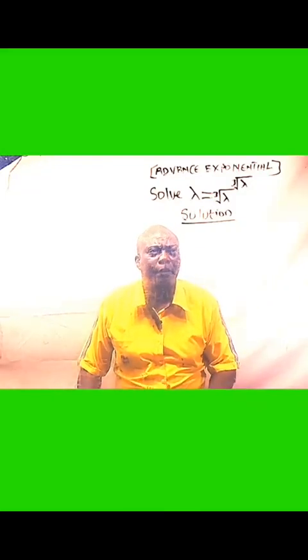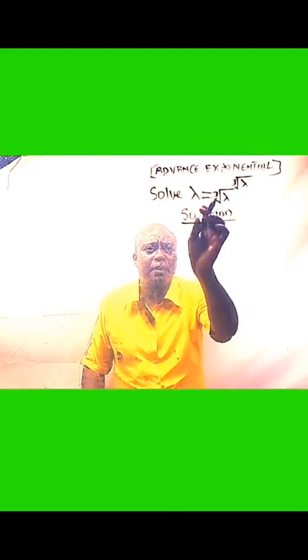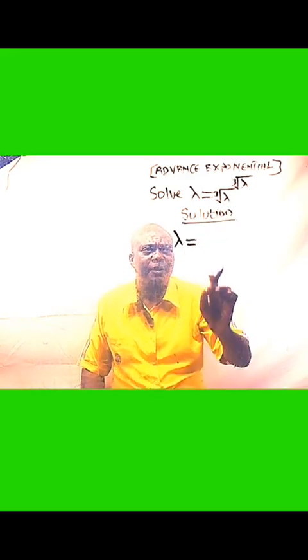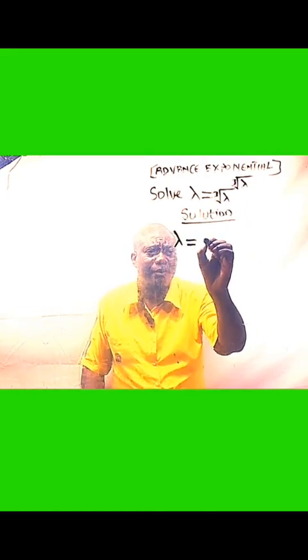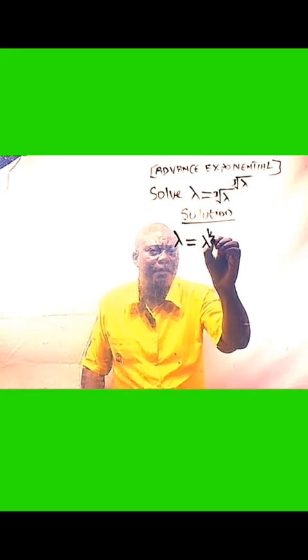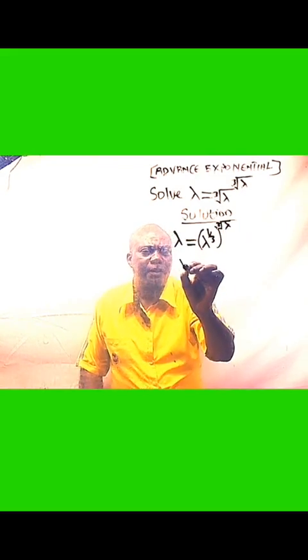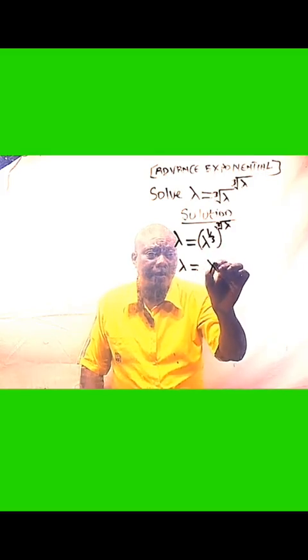Let us find the value of lambda here. Carefully follow me to the end and see how it will go. So this lambda equals the cube root of lambda. So try and remove the root so that you can have something like lambda to the power 1 over 3, or to the power of cube of lambda. So lambda will be equal to, you now remove this bracket, you have lambda to the power